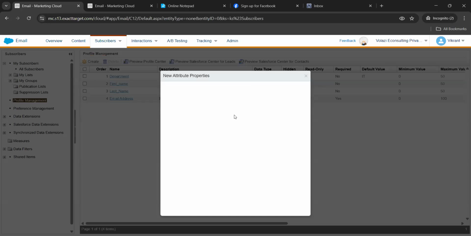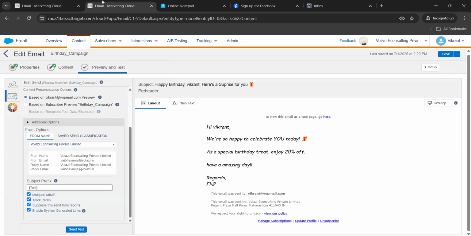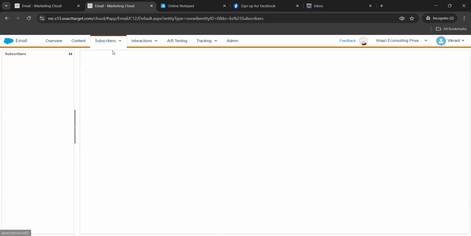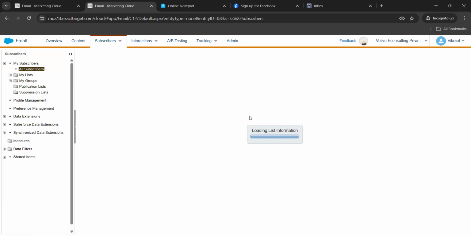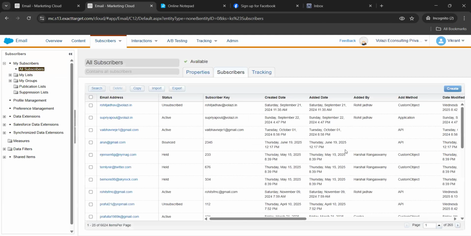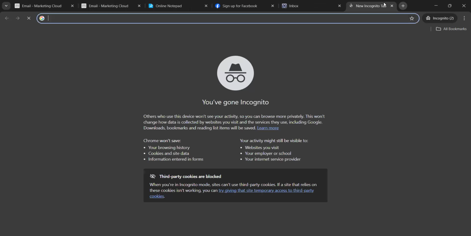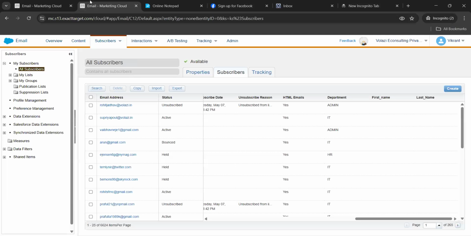Initially, whenever you join a company, you'll see these fields are already created based on the business requirement. As we just read about GDPR, whatever data you're storing for the customer, you have to display. You can hide some data that is not required to be displayed to the customer,